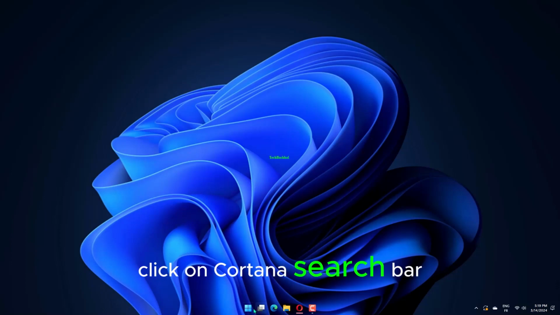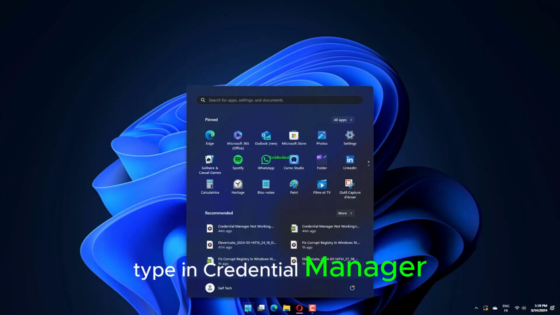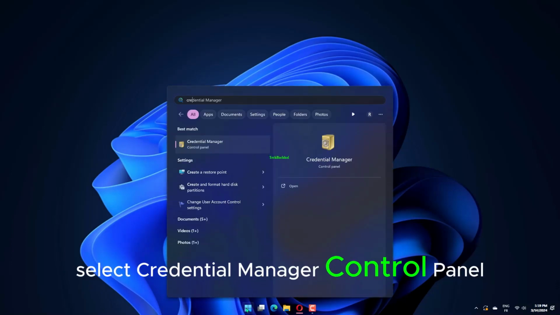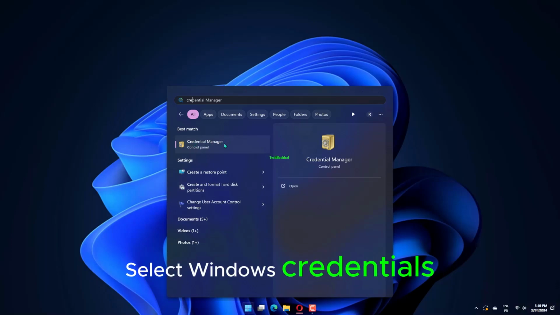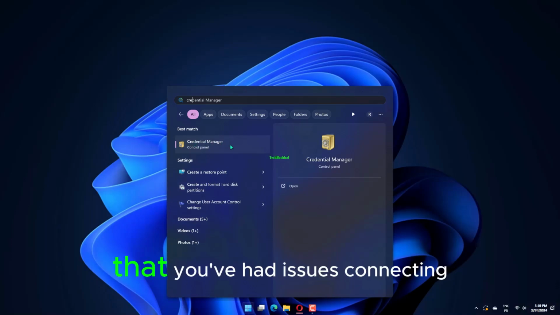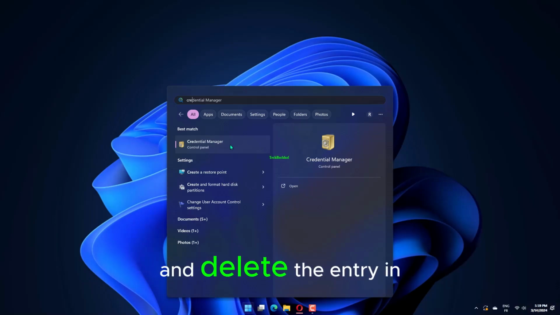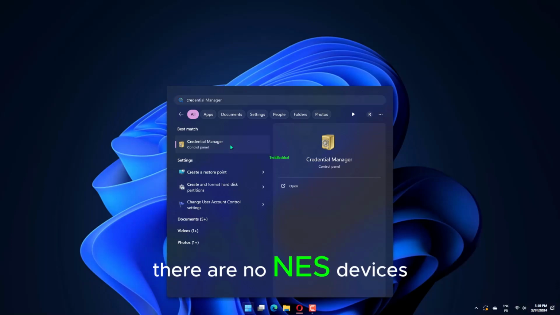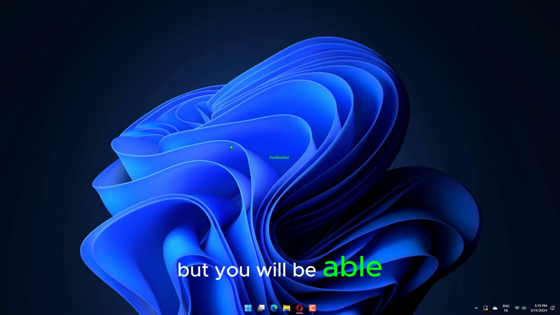Click on Cortana search bar. Type in Credential Manager. Select Credential Manager Control Panel. Select Windows Credentials. Find the NAS device that you've had issues connecting to and delete the entry. In my case, there are no NAS devices set up, but you will be able to find it in the